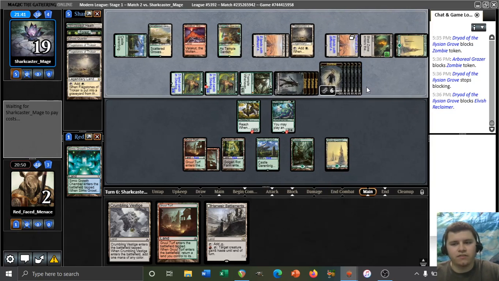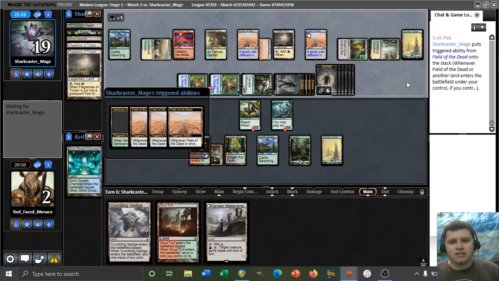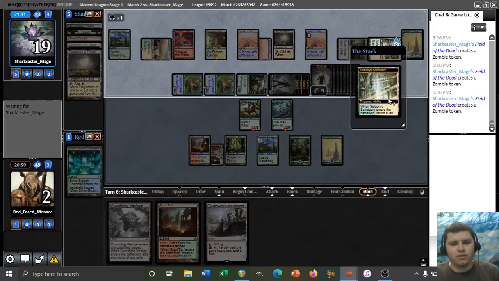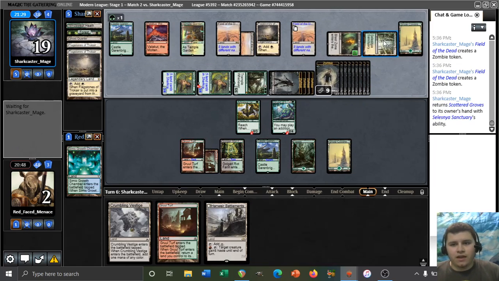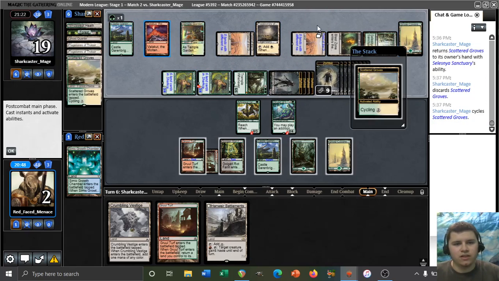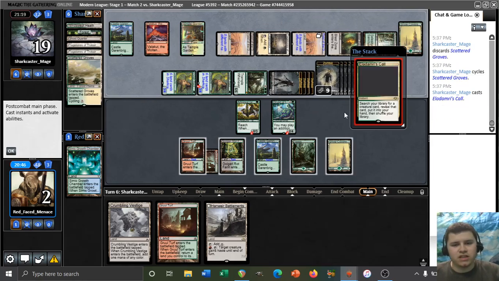Just play not Dryad of the Elysian Grove. Another Titan. We actually might be able to survive that, in all honesty. Another Titan is not necessarily the best thing for our opponent to have access to here. They have Sanctuary, plus whatever land. They return the Scattered Groves. I assume they're going to cycle it looking for a Dryad, and if they don't find a Dryad, they'll just commit a Titan here. It still doesn't change the fact that our out...